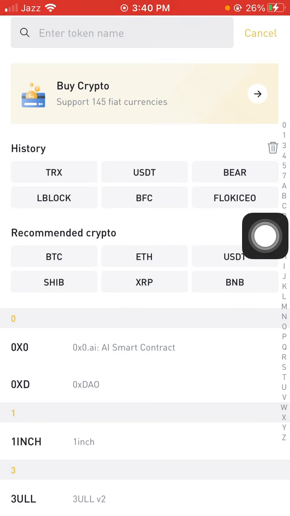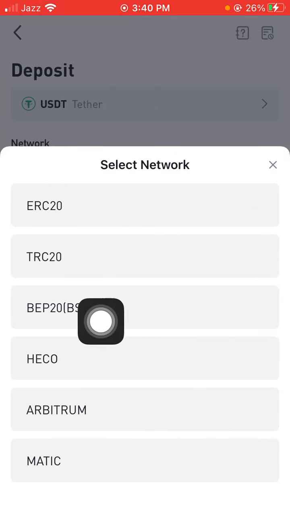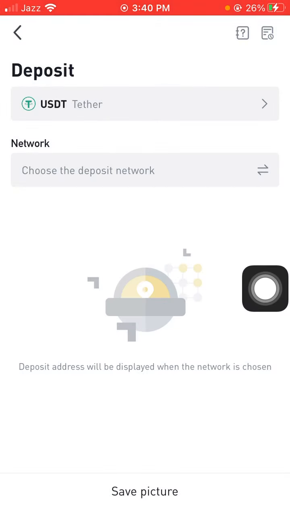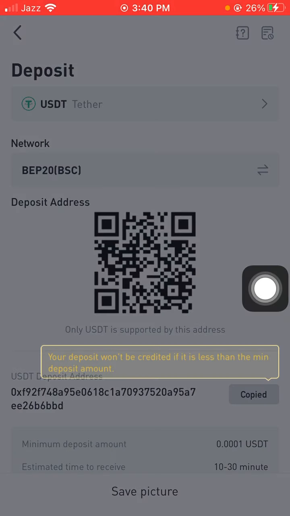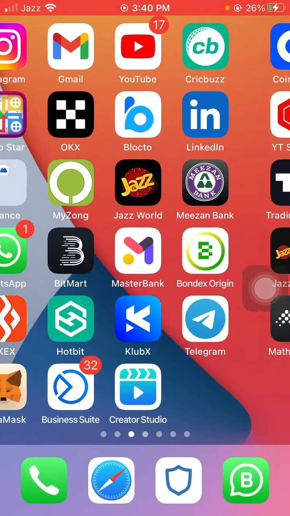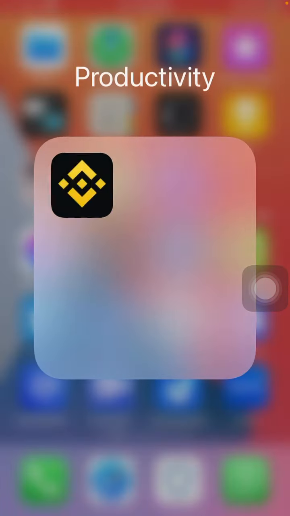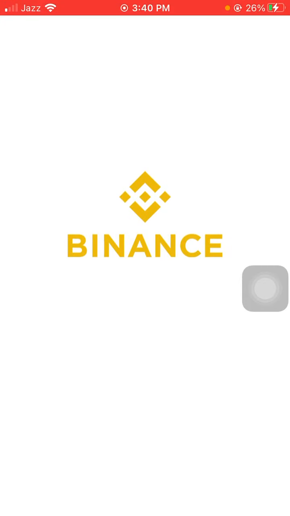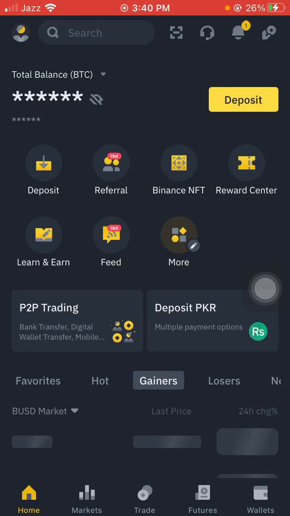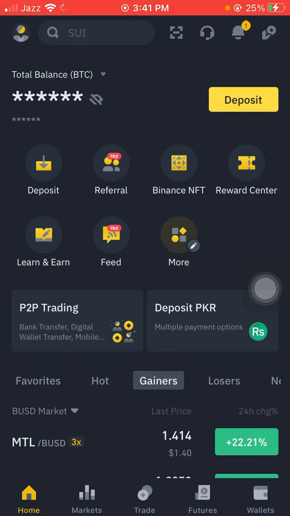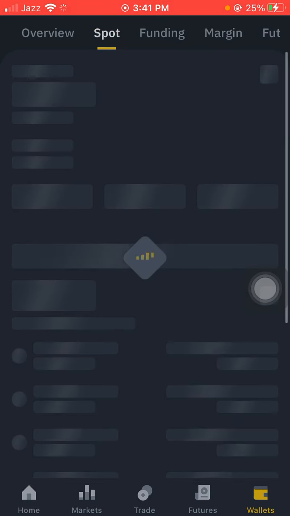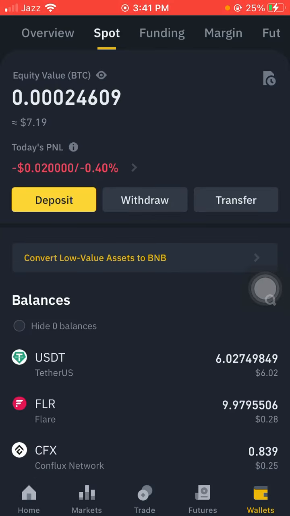Deposit, click on USDT network, BEP20 network. Okay, copy. Then go to Binance. When Binance opens, then click on wallet, then withdraw,